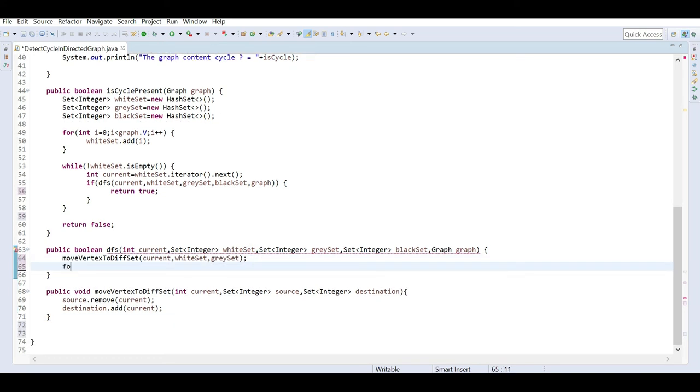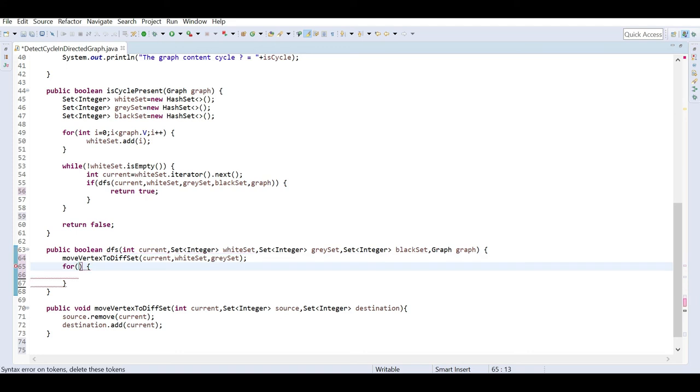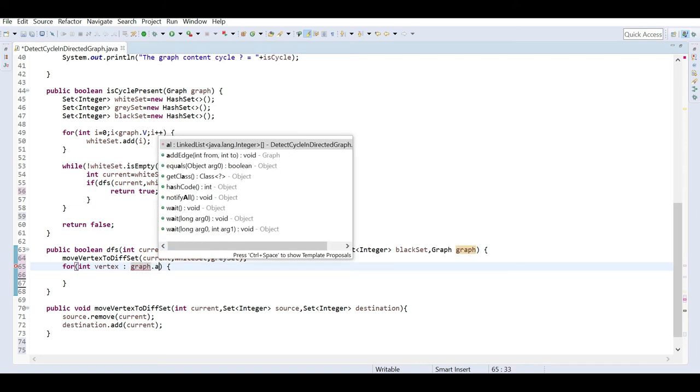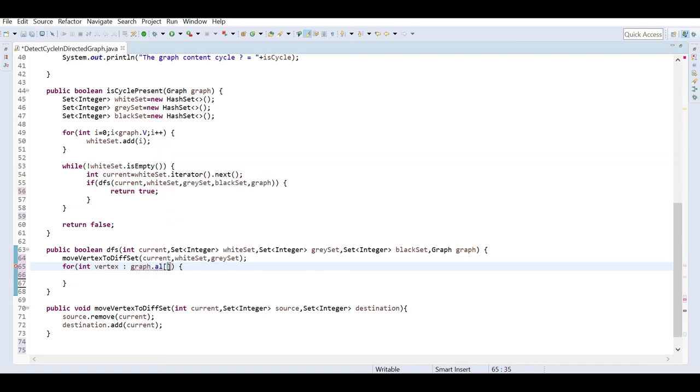Now for this current vertex, I have to check what are the adjacent nodes. So if I do graph.adjacencyList of this current, then we'll get all the adjacent nodes of this current node. So one by one we have to process them. So we got our first element.